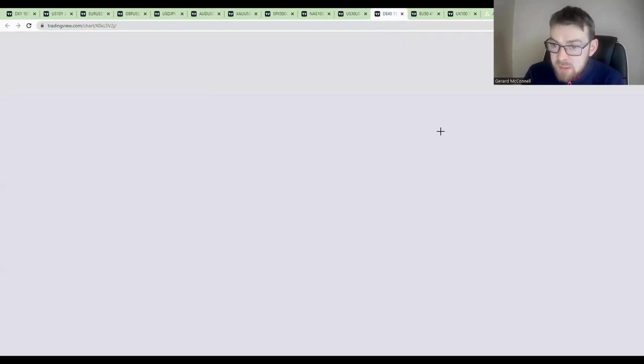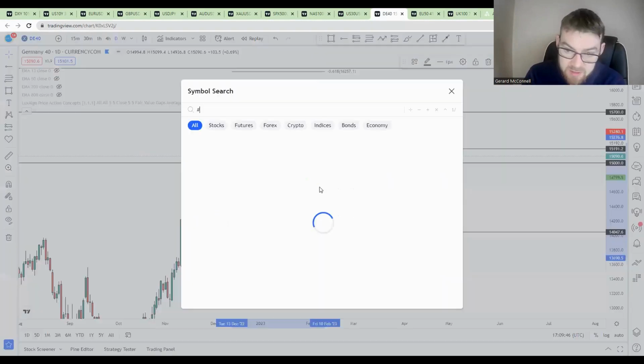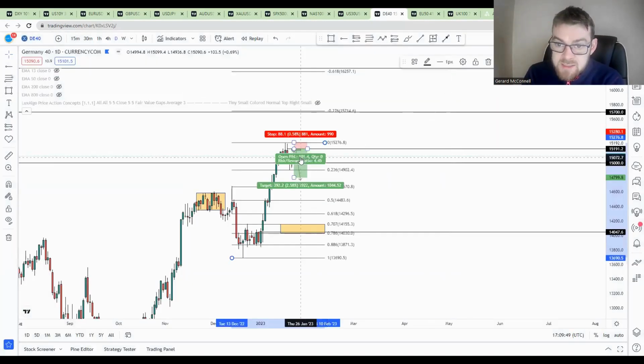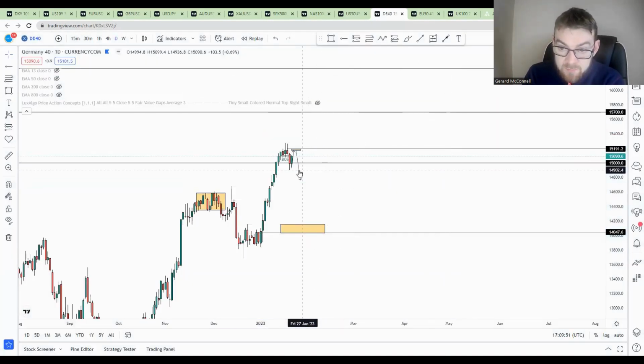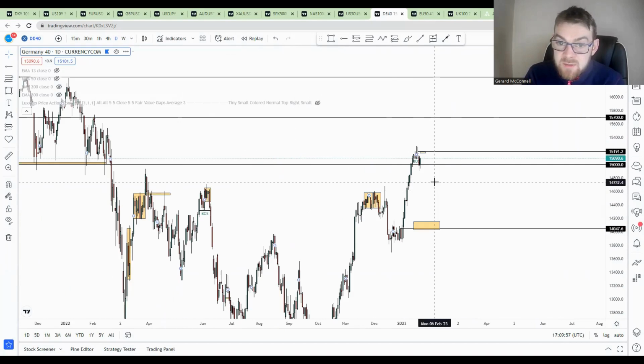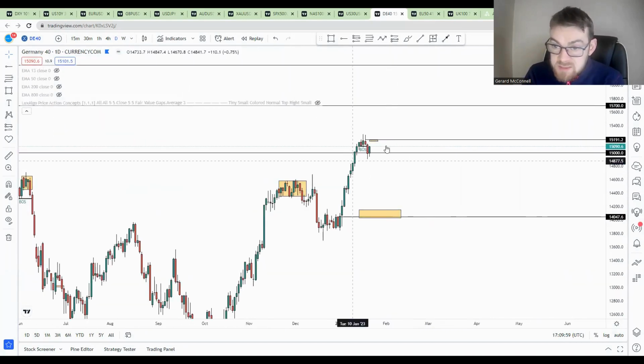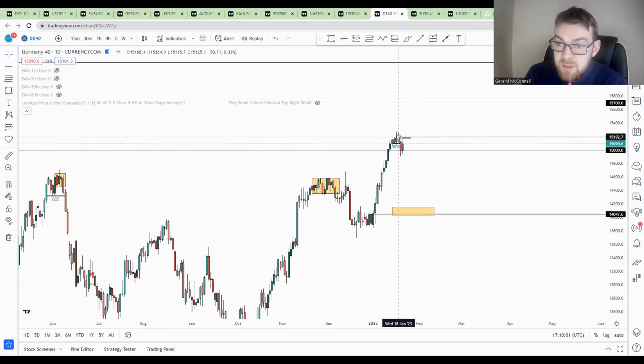All right. Now, European indices. What's actually happening here? Well, European indices had a bit of selling on Wednesday and Thursday. Now, what have we seen on the DAX? We talked about this 15,000 handle. Very, very clear rejection up here around 15,200, 15,250 on Wednesday and Thursday, all the way back to 15,000.